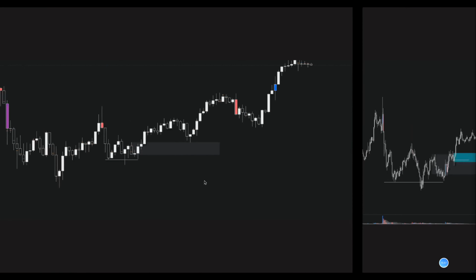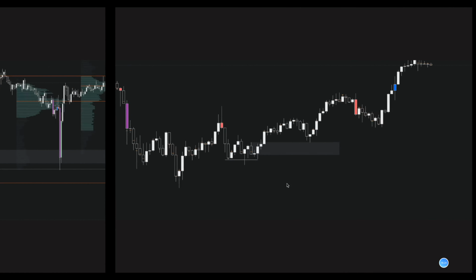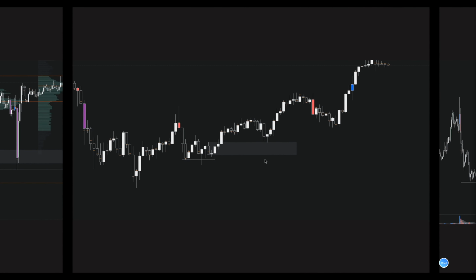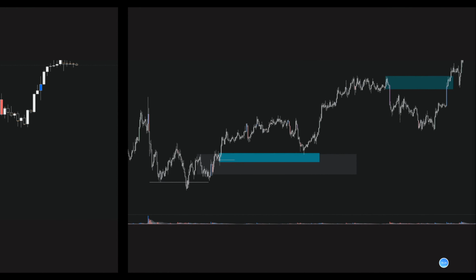Where would you, let's think for a second. What is the time frame on this 30-minute chart? What is your next level you want to be taking profits at when you are taking this trade right here? It's not a 30-minute level, it's a 4-hour level, because you are taking a trade based on this 4-hour structure. Obviously, if you choose a 30-minute level, which is these highs right here,